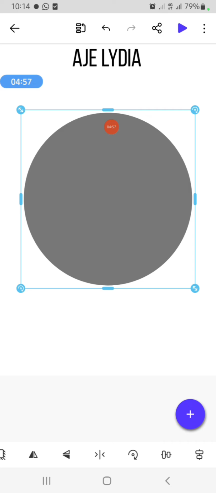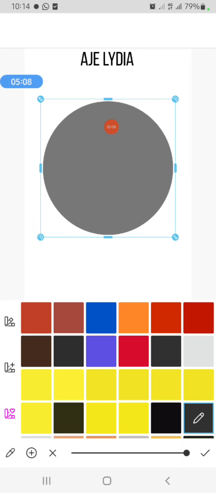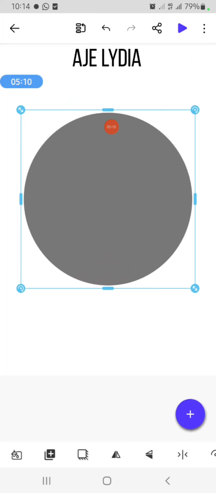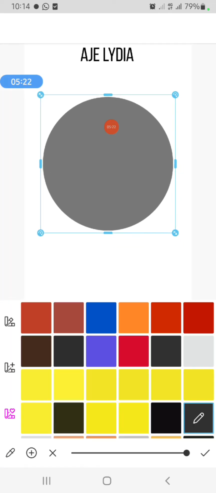So I have a circle. Let's assume that our host brand color is red, that's our brand color. So I will change this circle's color to red. Remember the color icon. This is the color icon. Just go to the color icon and pick the color that you want. This is the color icon, this one. So I pick a color icon and change it to